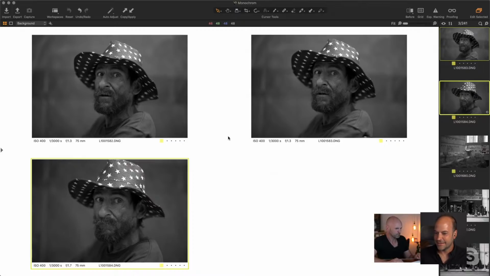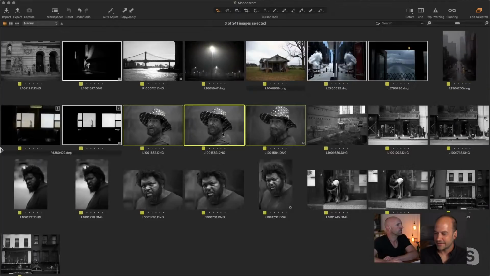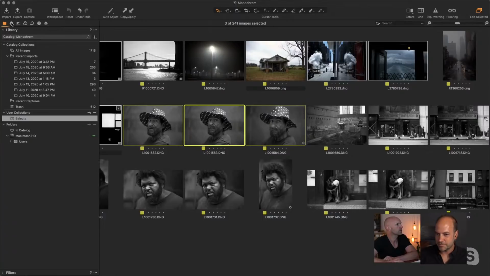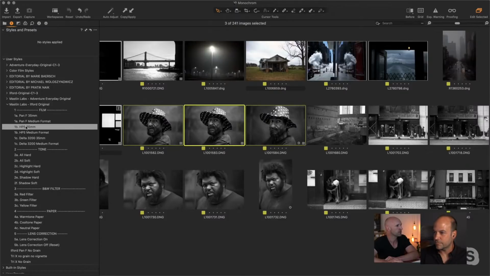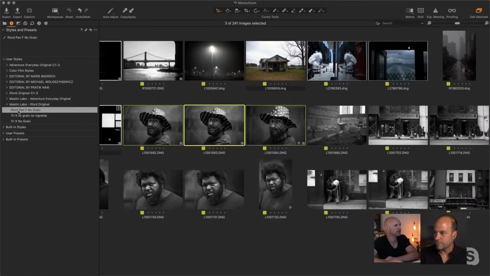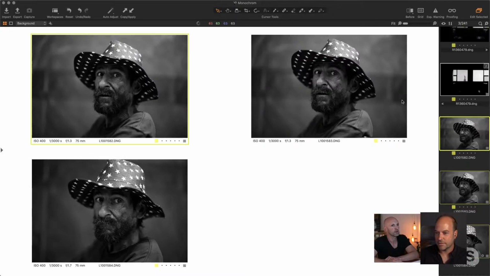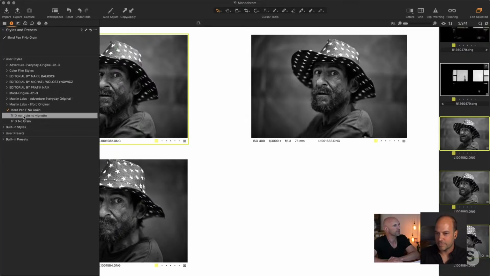delete. Something that I also found really handy is certain presets that I'll use as well. There's a few by Maston Labs, which I discovered thanks to your help. I love that you can take them, and you can see there, that's a Pan F, Ilford Pan F. Yep. You can go in there and basically you've got the old HP5 that I used to use, and then I've adapted them where maybe I don't want the grain. Right. So I'll lose the grain, so I can see a look already there, or maybe I'll go for Tri-X and you can see the changes going on in the background,